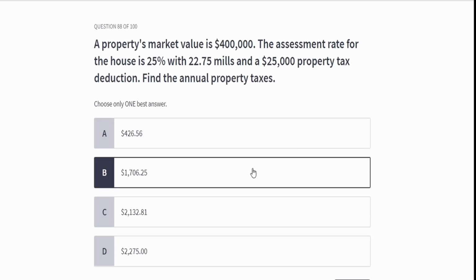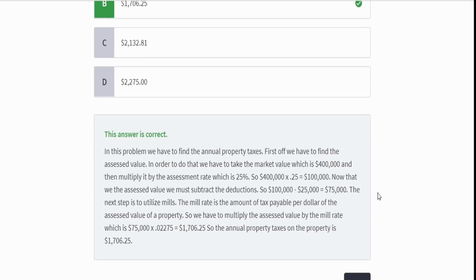Our correct answer for this is going to be B. So how did we get that? Let's talk property taxes. Luckily we have videos covering this. If you need to find them, it's in our specific math practice question problems. I'm just going to run through this for the sake of the video because we're probably way over an hour already. But if you do struggle with this, we do have videos available.